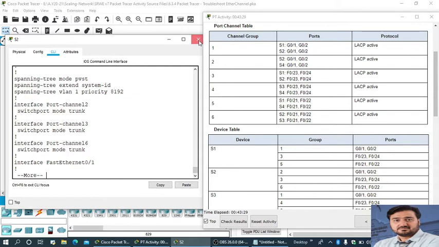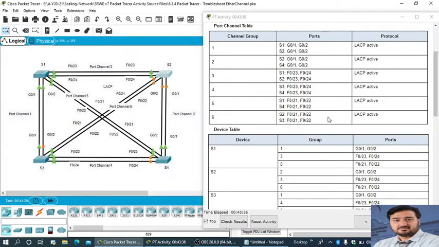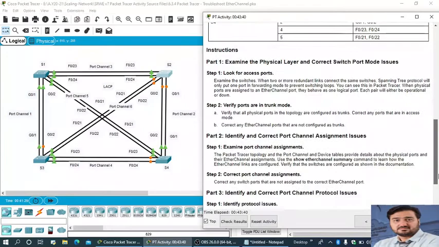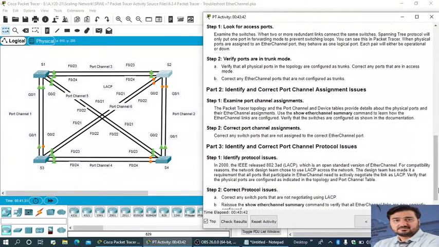Okay, so now it is fine. Now what is the next step? So step number 2, this one is finished. Now this one: correct any EtherChannel port that is not configured as a trunk.